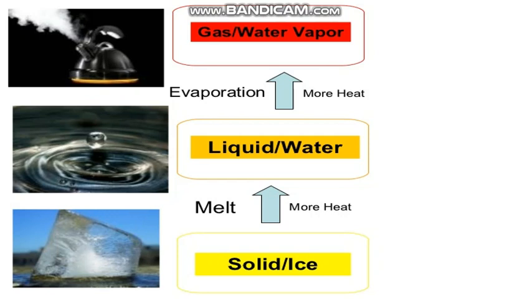In a solid, these atoms are tightly packed. They are very close to each other, their bonding is very strong, and they cannot easily move freely. When you heat up the solid,